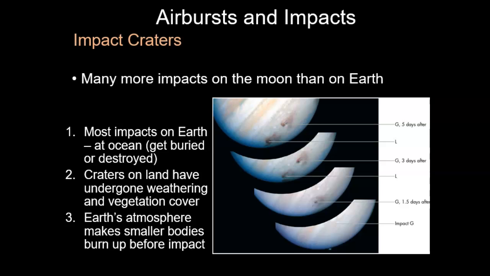So the first reason is that most impact sites on Earth are in the ocean, where the craters are buried by marine sediment or have been destroyed by plate tectonic processes. So if you remember, much of or pretty much all of oceanic crust is relatively young, as the subduction of plates happens mostly on oceanic